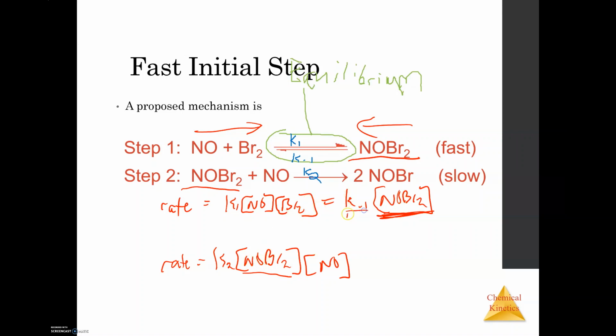So all we're going to do is divide by k minus 1. And what we see here is that NOBr2 is equal to all this. So we're going to take this and substitute it in here. We're going to substitute that into this part of the rate law for the second step. So in doing that, what we end up getting is